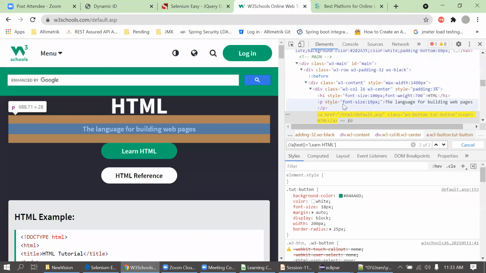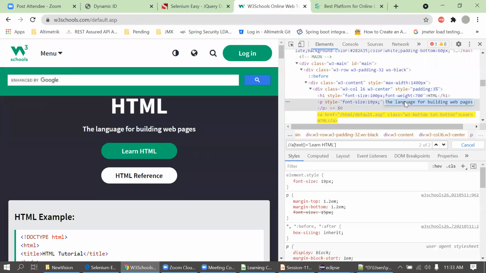So I'll create XPath for this P now. Based on that, I will create XPath for this Learn HTML and HTML Reference. Sorry, it's a P. Not, it's a text.